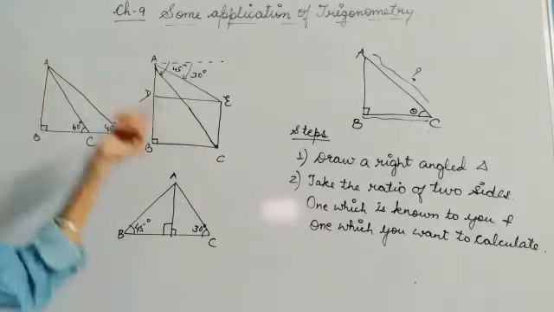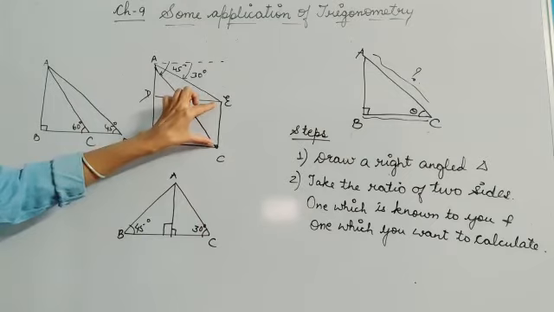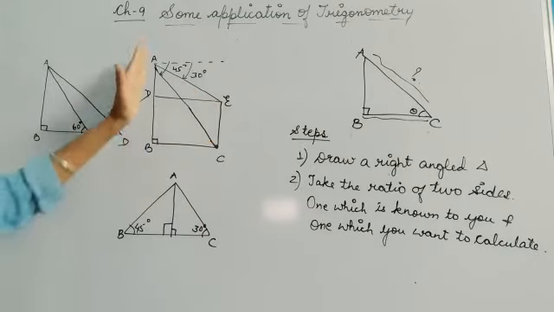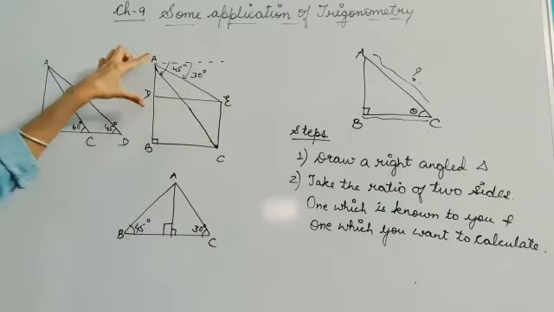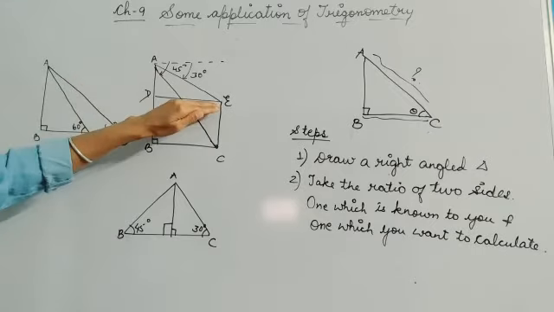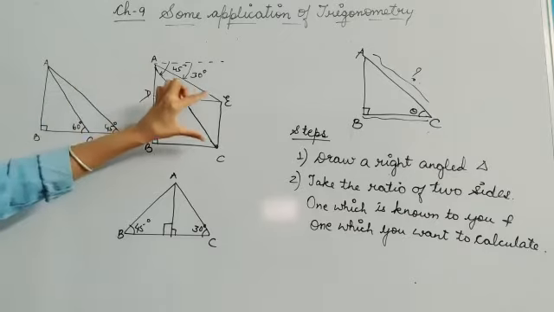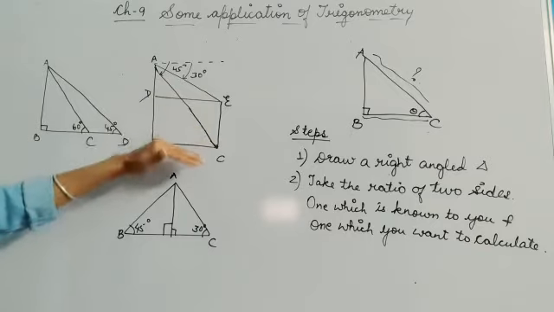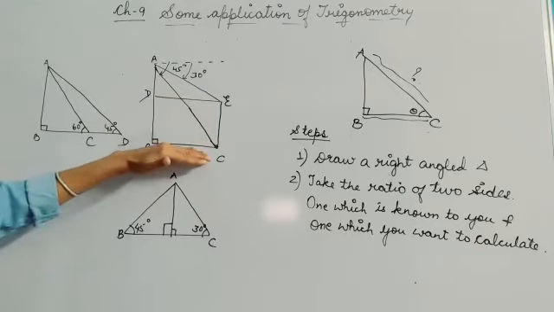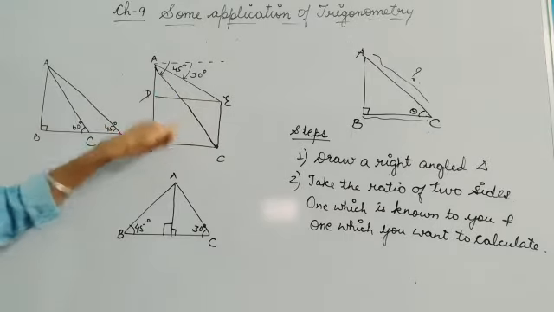Now children, sometimes you get a question like this in which you have some height of a thing or an object given to you, and you need to find out the height of a tower or a pole which is bigger than this. Then you need to first draw over here a horizontal line, and then you can say that this CE will be equal to BD, because you are just drawing parallel. This is, let's suppose, your ground, then you are just drawing parallel line ED which is equal to BC also.